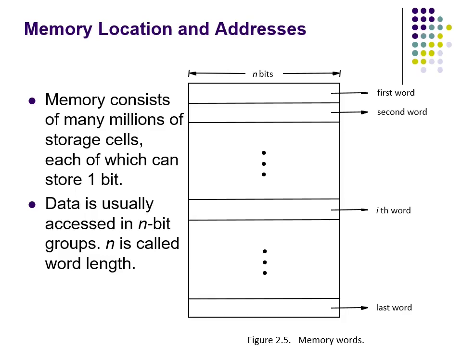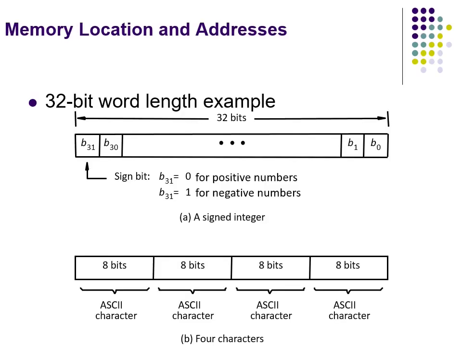Most computers will have a 32-bit word length. That means there will be 4 bytes. You can see in the below diagram there are 4 bytes. Each byte is 8 bits. So a 4-byte word length means a 32-bit word length. In bits it is 32 bits. And every word will have names for bits. That is, we start from B0 at the LSB to B31. Okay, bit names. This is what I was explaining in the previous 4 to 5 slides. That example was a 64-bit word length. This is for a 32-bit word length.